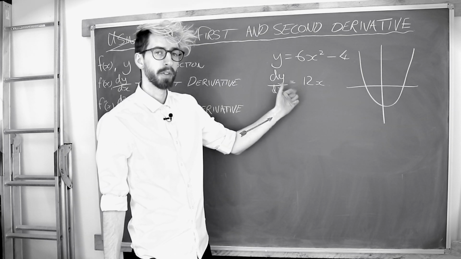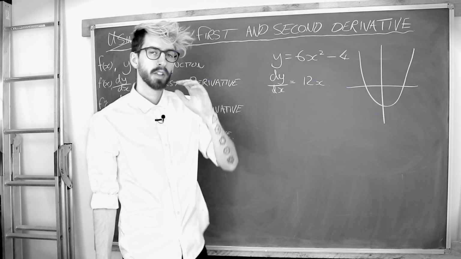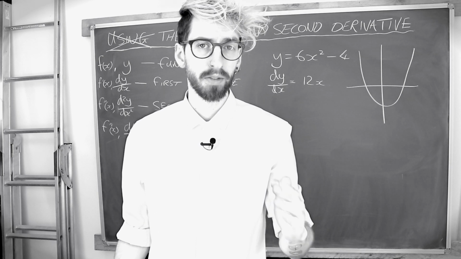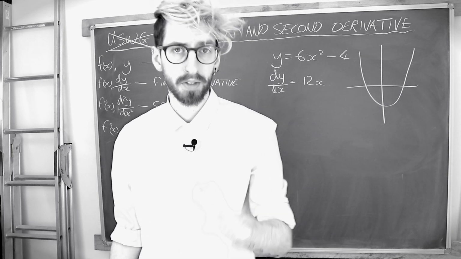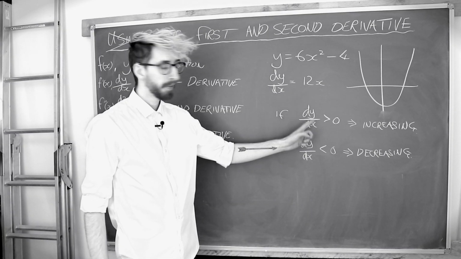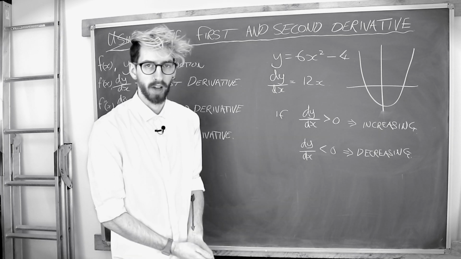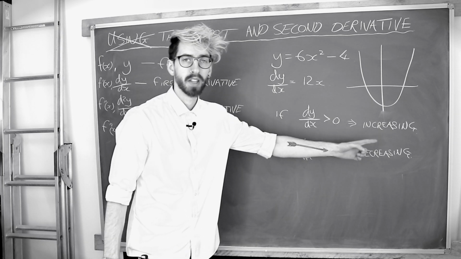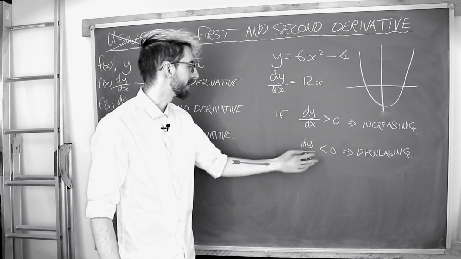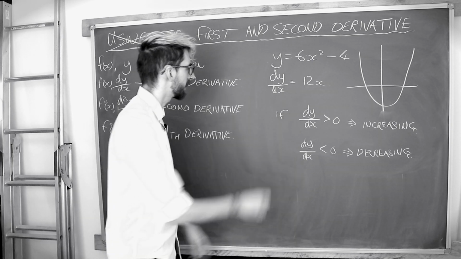If this value of the gradient dy by dx was negative, then it would be decreasing. So it gives us this interesting point of an increasing and decreasing function, these definitions. Now let me write these for you. If our first derivative is greater than 0 at some value of x, then the original function is increasing at that value of x. If it's less than 0, then it's decreasing at that value of x. So for this example here,